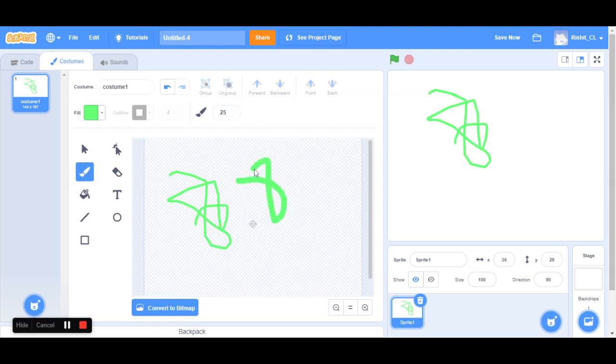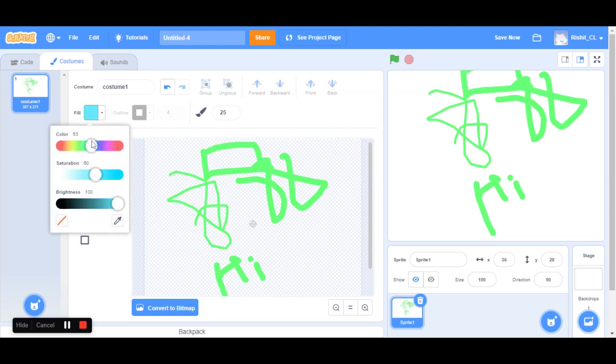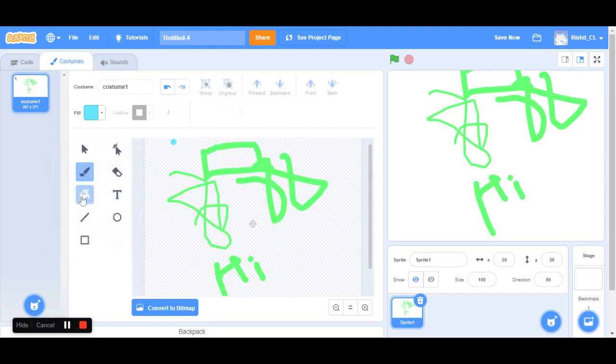And then I could start painting. So the size becomes 25. And like that it comes up here. So that basically is your character. So if I type hi, basically hi, it comes like that, and you could change the colors, and if you want you could just draw a square or anything like that. And like I want it to be blue now. And I could click fill, and then I could fill it over here. So it's come over here. So you could do that, and that's basically for paint, and the same goes for backdrop too.